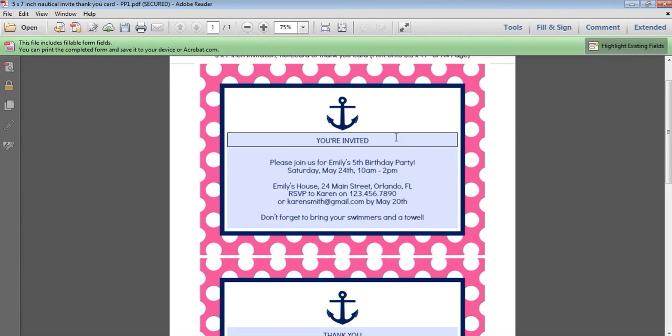Okay, so when you open up the template, you'll see that I've got this sample text in there. You can type over the top of this. You don't have to keep any of this text. You can update it to suit your party. So at the moment I've got it saying you're invited. If you just left click on any of these light blue fields, you can type in any text that you want. Just don't worry about having these light blue fields.